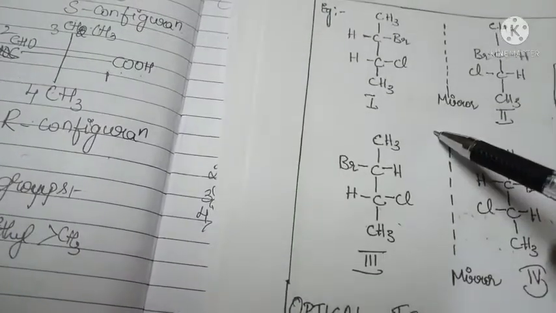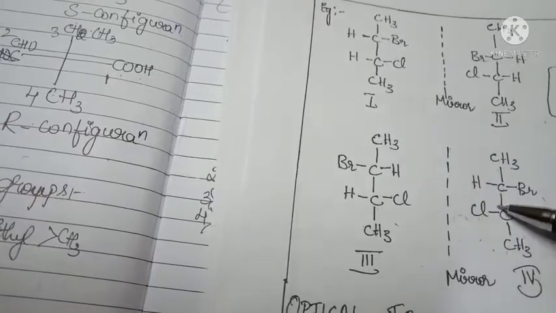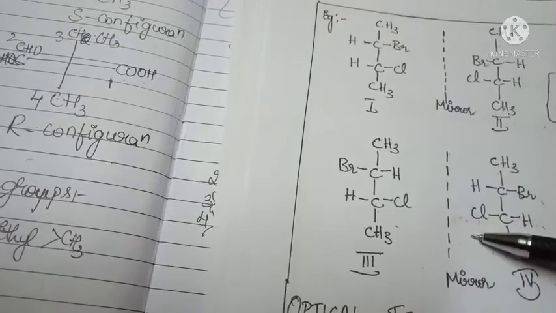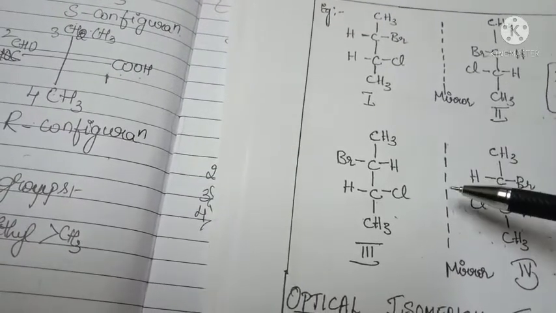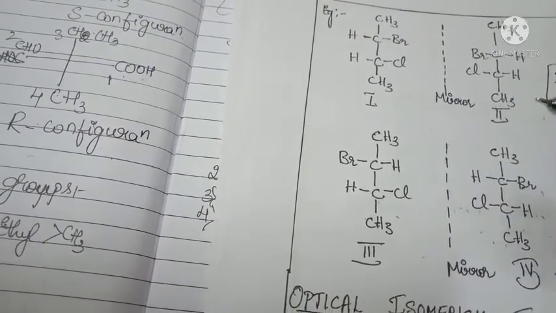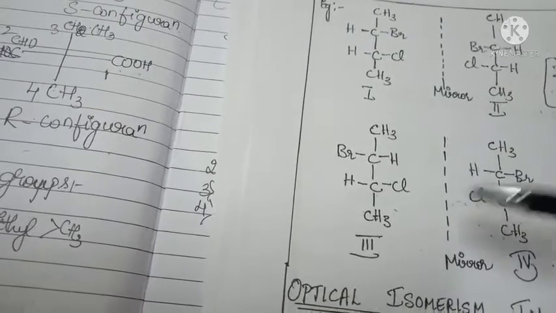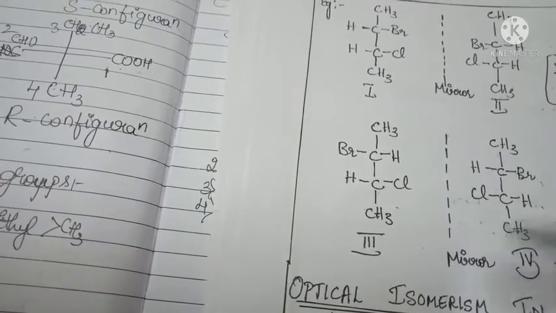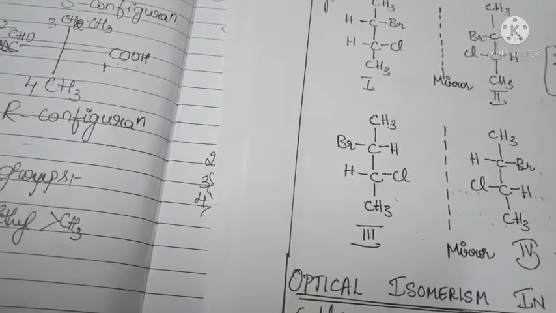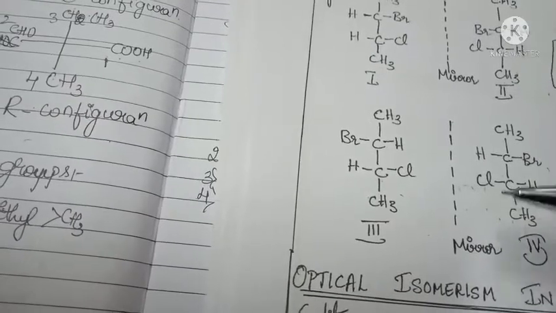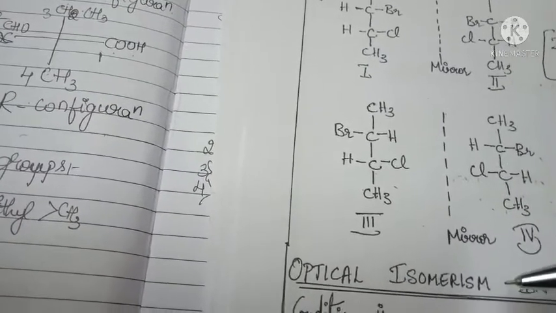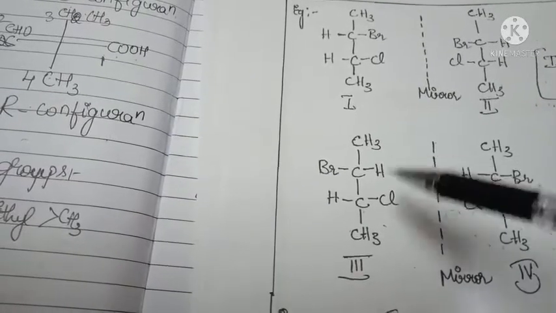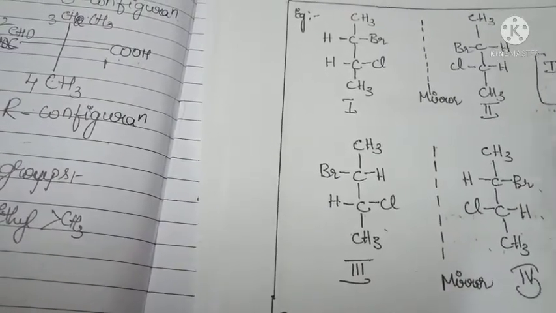You have to observe here there will be 2 examples. In that you have to find out which is an enantiomer and which is a diastereomer. We know that the condition for enantiomer is mirror images present, non-superimposable, minimum 1 chiral atom should be present, and different properties. And for diastereomers there will be non-mirror images, non-superimposable. In the diastereomers, here it has 2 chiral atoms. Okay, minimum 2 chiral atoms should be present.